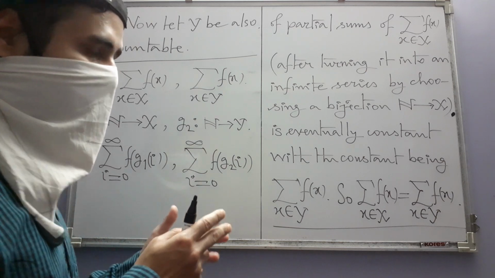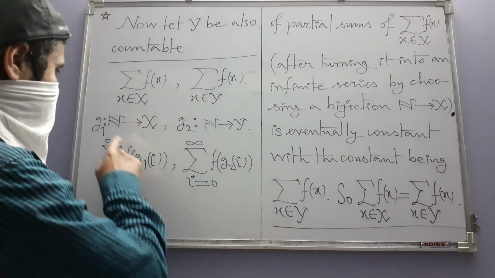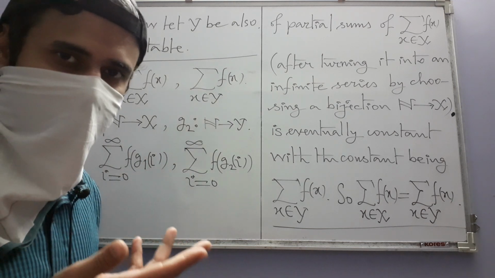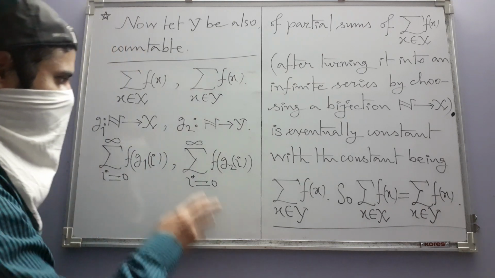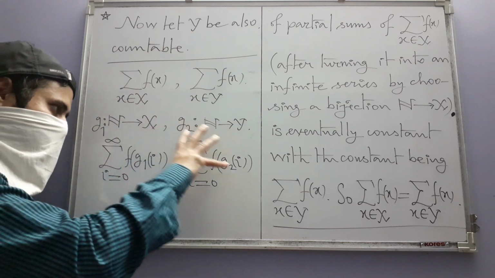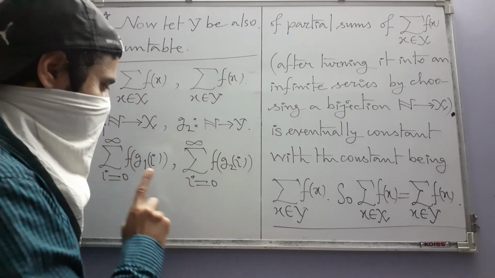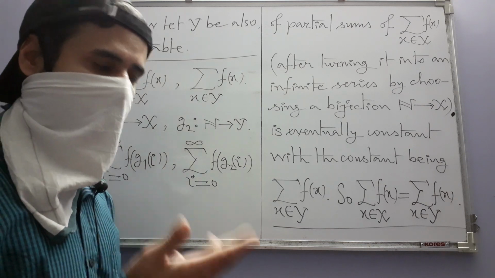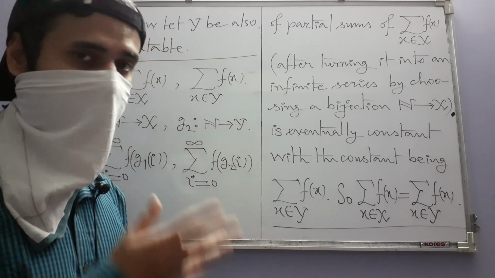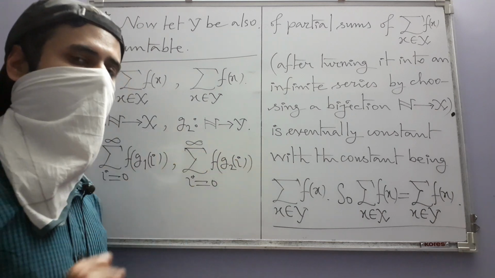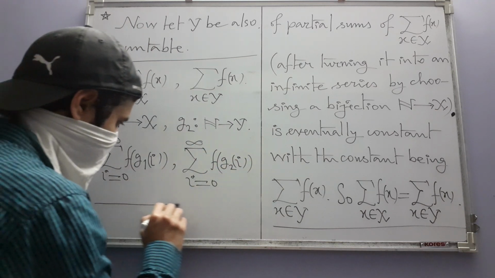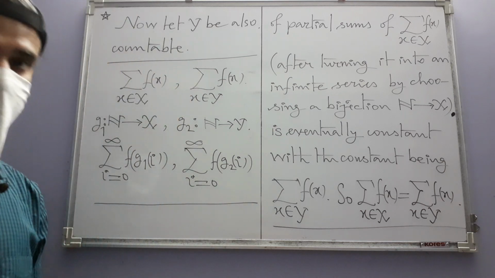and in fact do not depend on our choice of G1 and G2. That we already know. That is the idea of absolute convergence, right? But to show that these two values are equal, we need to choose G1 and G2 in a manner that there is a relation which will allow us to show that they are equal. Okay, so now we try to see what we can do for that.